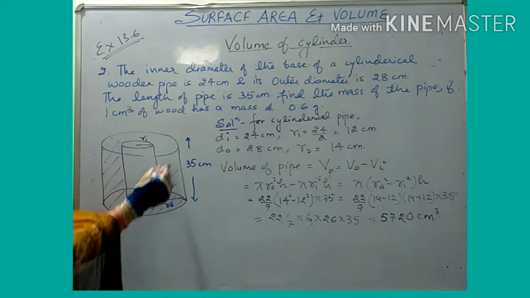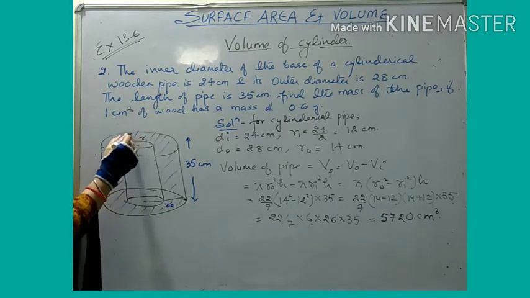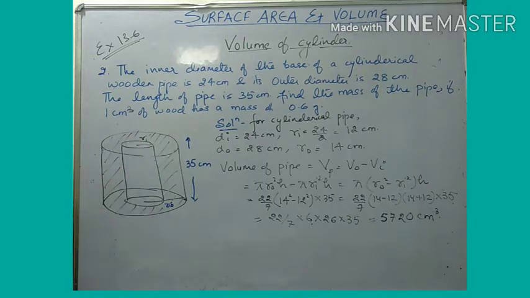And from inside, it will be hollow. So what we have to find is how much material the pipe is made with. So how to find that? To find that we have to calculate the volume of the pipe, and the volume of the pipe will be the volume of this outer cylinder minus the volume of this inner cylinder. From the whole, we will subtract the smaller cylinder's volume, so we will get the volume of the pipe. Now for the cylinder, what is given?